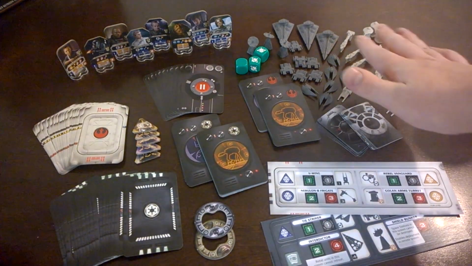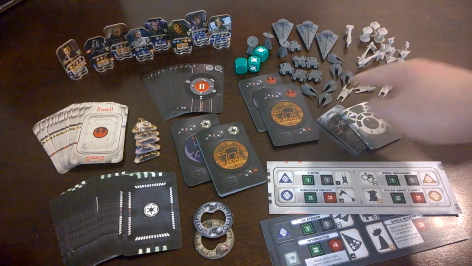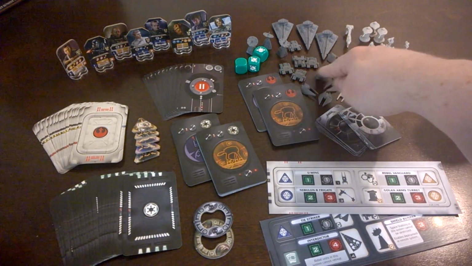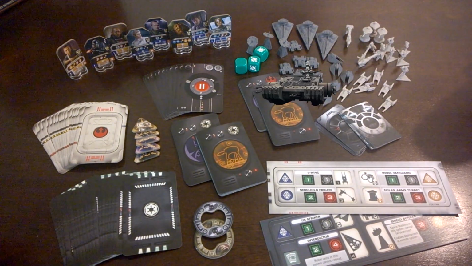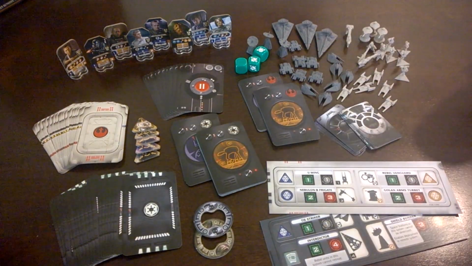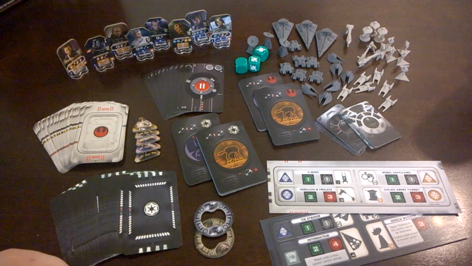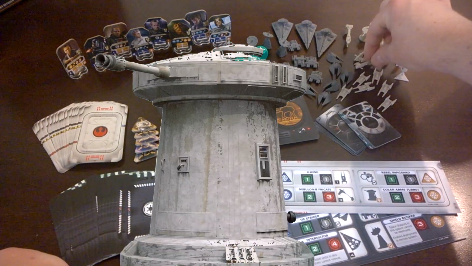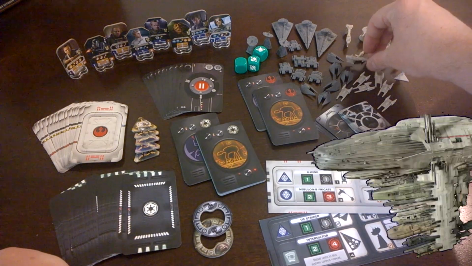You get a whole bunch of new units, which include a bunch of stuff from Rogue One, like U-Wings, TIE Strikers, the little cargo tanks that drive around on Jedha, some guys with rocket launchers. We also get some interdictors that have shown up in Rebels and have been in Legends lore for a long time. Some of the turrets that you see on Hoth and other Rebel bases, the Nebulon-B